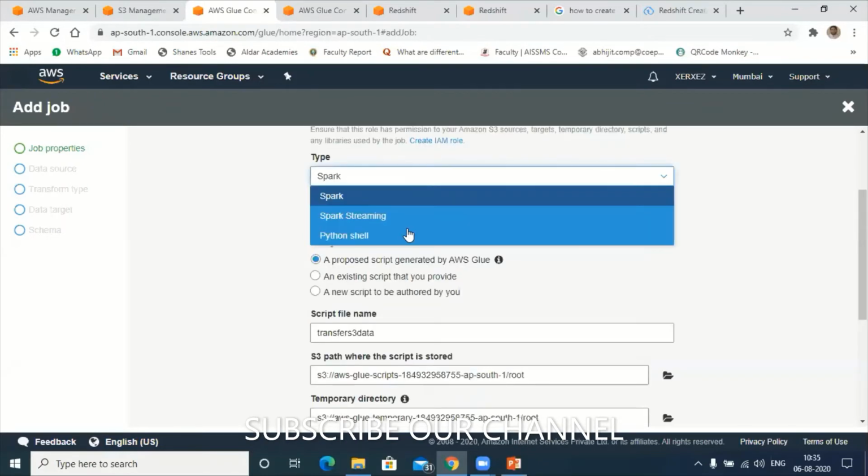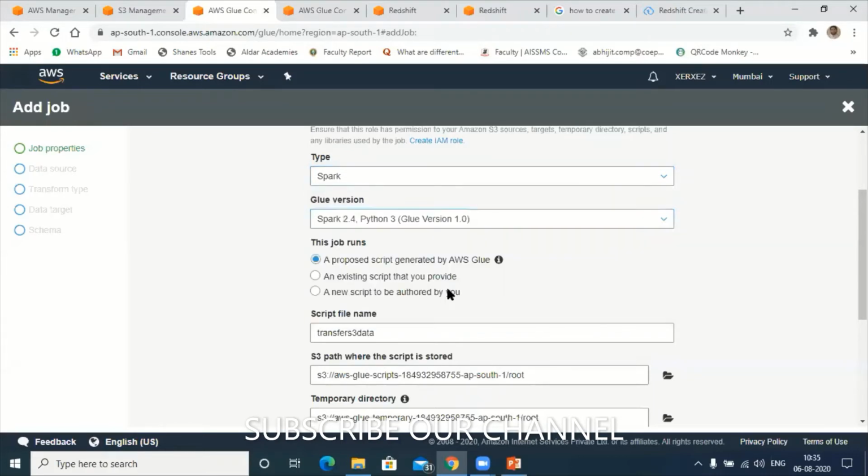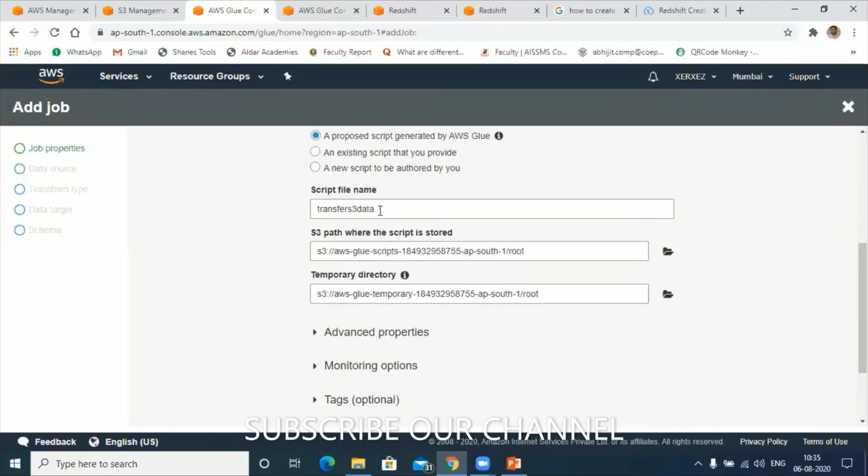Spark, Python shell. Here I'll keep Python shell. This is the version. Existing script that you provide, or proposed script? Yeah, it's a proposed script.